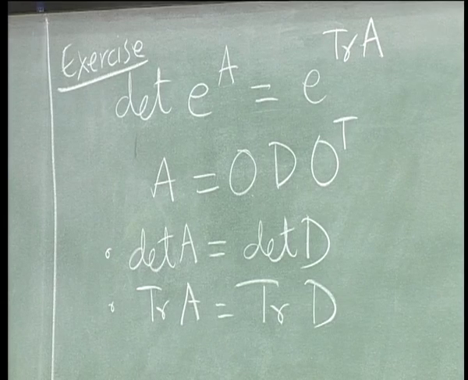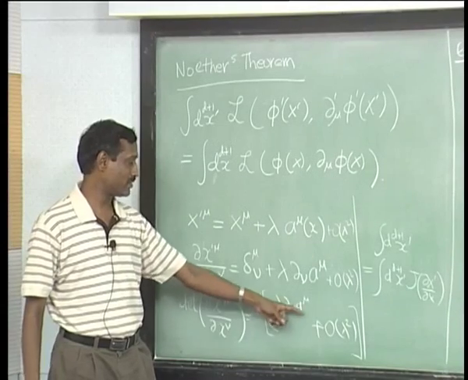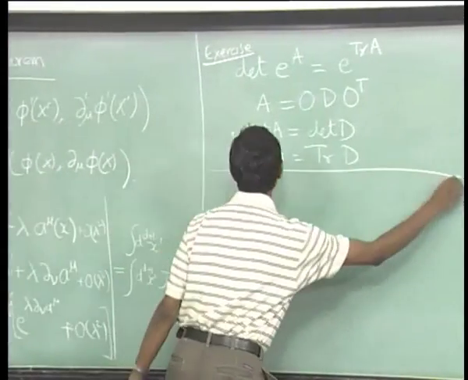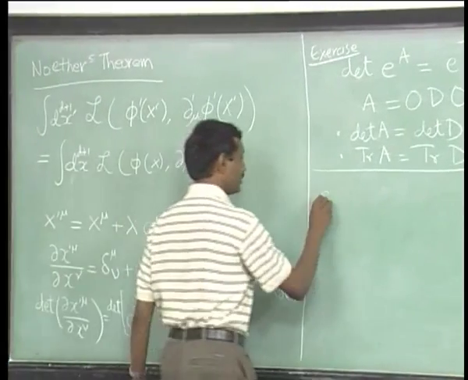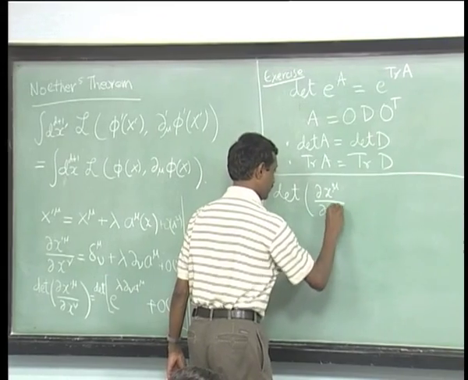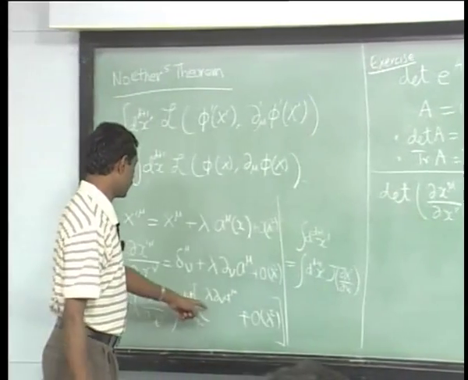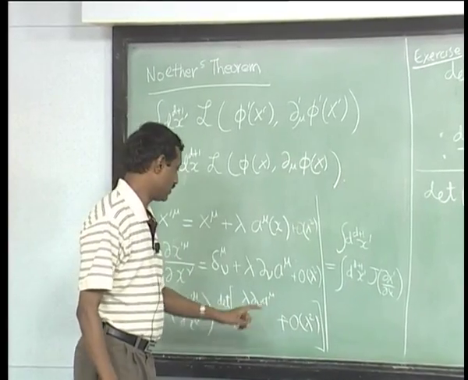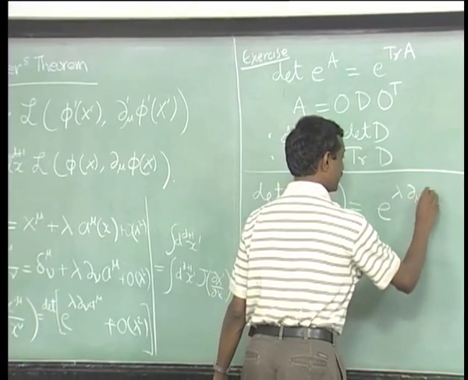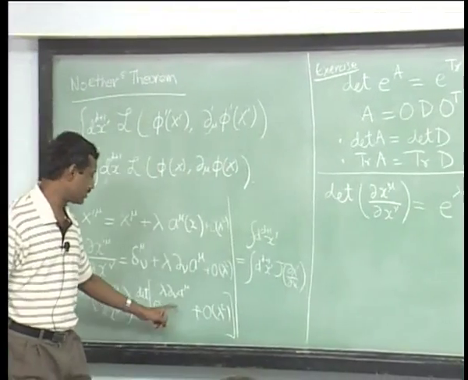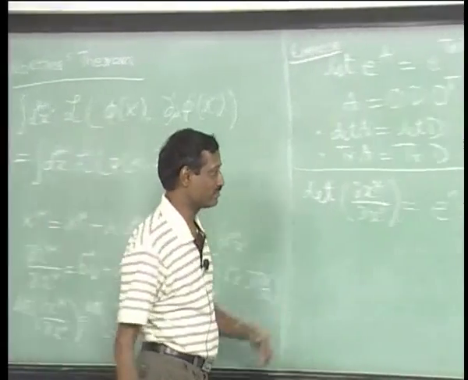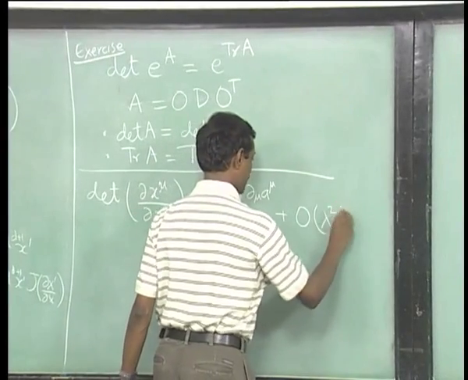Okay. So, now you can see the merit in what I have done out here. I want the determinant of e to the power of this matrix, and that just becomes, using this formula as a simple application, e to the power trace of this thing. Okay. That is equal to e to the power lambda times the trace. The trace is nothing but, in this case it is one upper and one lower index, so there is no issue, I just say mu mu, okay, that is what I get, plus order lambda squared, and this is equal to